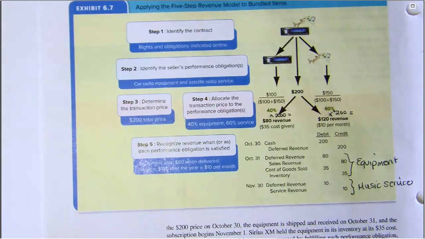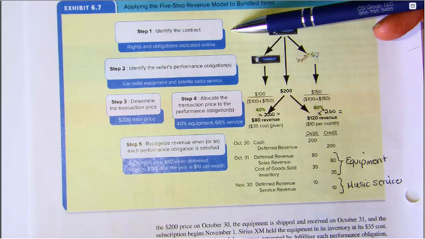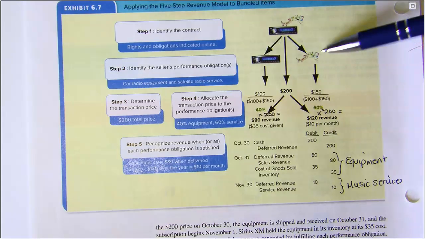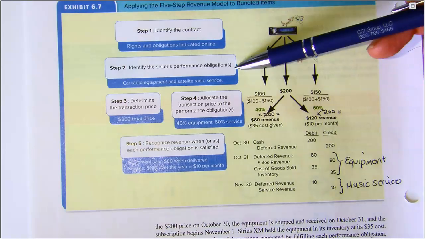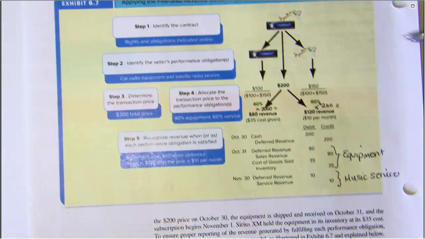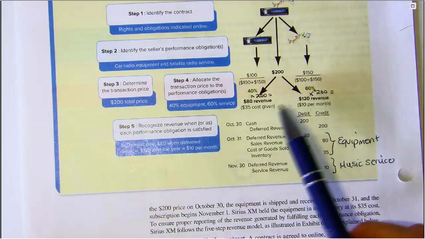Well, according to the 5-step model, the first step is to identify the contract. What are the rights and obligations indicated in the contract? Well, the equipment gets delivered right away. The radio service gets delivered 1 month at a time. That's the contract and the performance obligations. Step 3 is to determine the transaction price. Well, we said that the total is $200, but we have to split that between the equipment and the service,